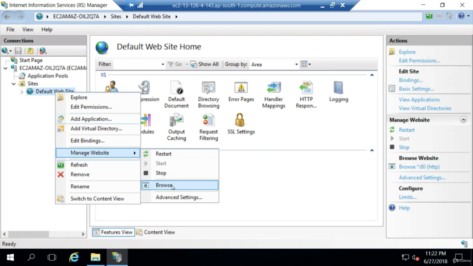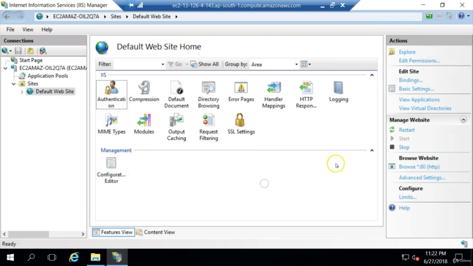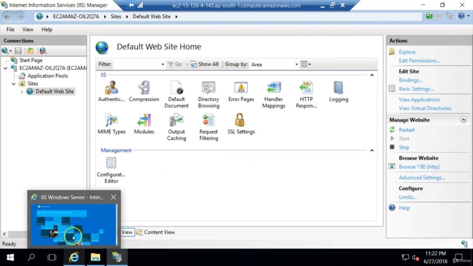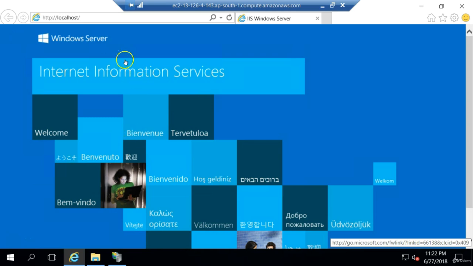We can browse it from here, or alternatively from here as well. You can see this browse website, browse at port 80. Now let us click this and come to this explorer. Okay, here we have the IIS default page